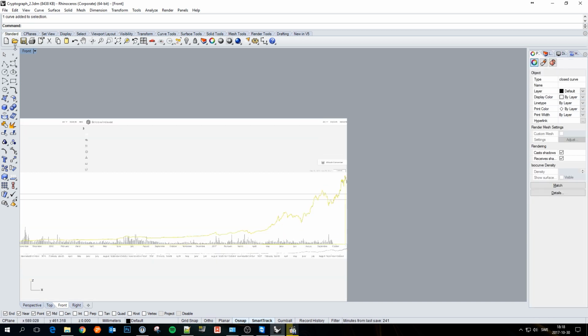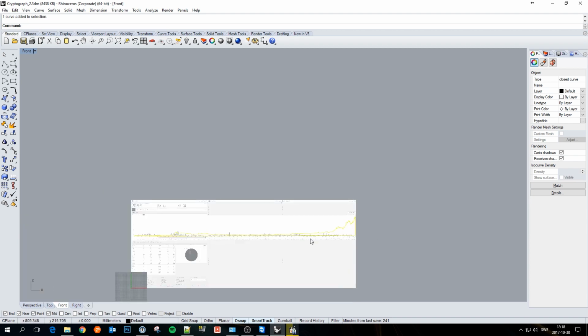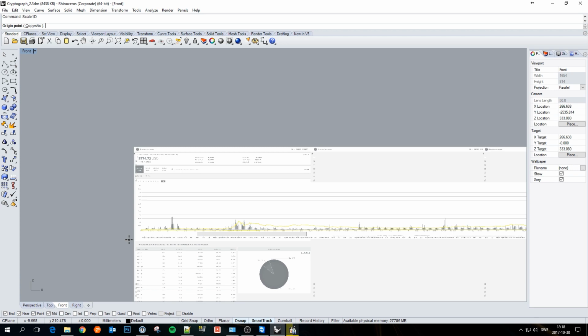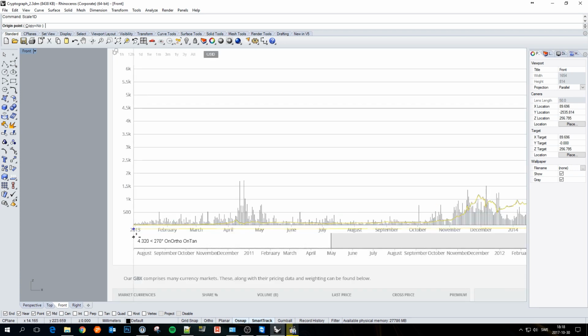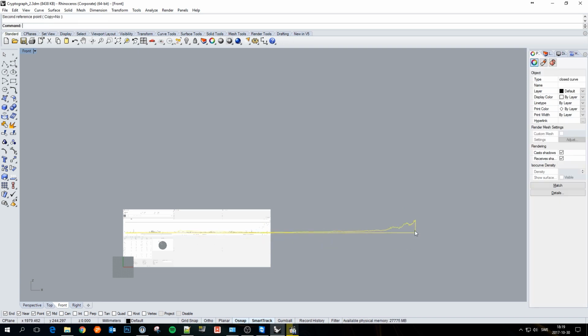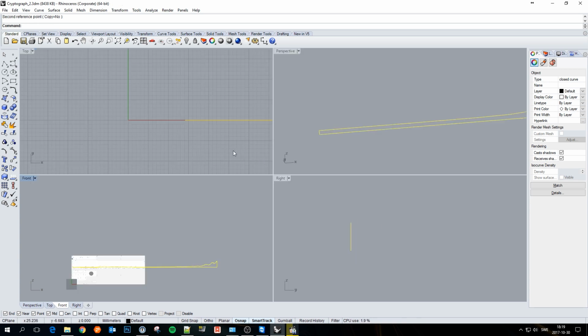Okay, now we are going to scale this even further. So go to scale one dimension, and we're going to scale a factor of 2. So we enter number 2 here to make it even longer. Okay,